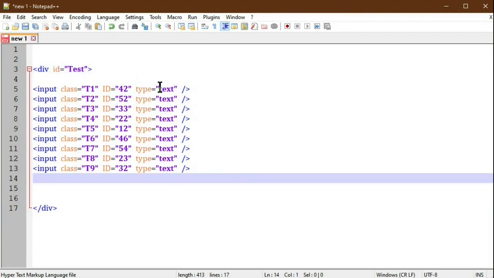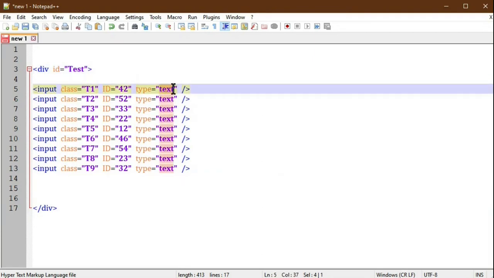Suppose here I want to change this type text to date. I put the word text in find and the word date in replace, then it will automatically change the entire rows.